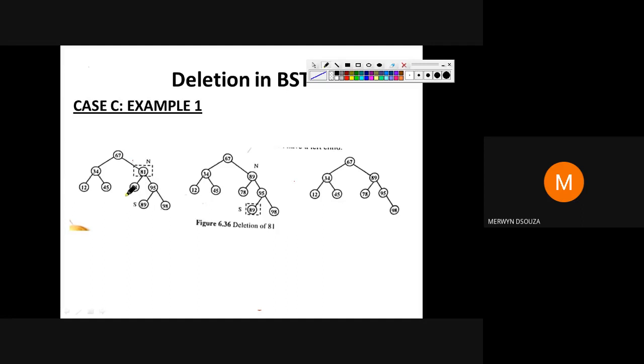When you check, you see that it is having left child and it is having right child, so it is having 2 children. So it is not case B, but it is case C, having 2 children. So once you identify that you have to do case C, your first step before deletion is to find the in order traversal. So find out the in order traversal of this tree and type in the chat.